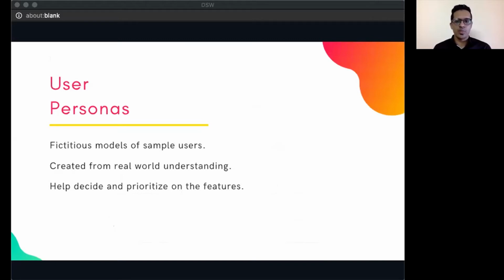And usually the personas help focus our efforts on the core characteristics of the end user, and along with that they also help in designing the best possible experience for them. So having this real world understanding is very, very important here, because your persona actually is created by